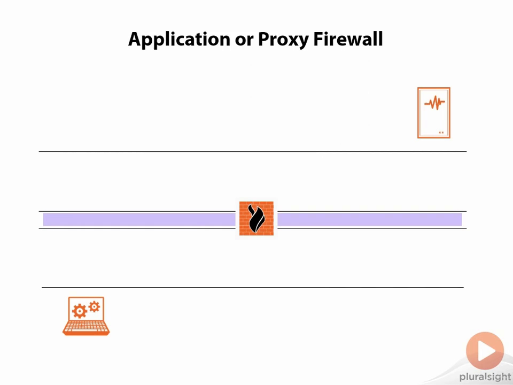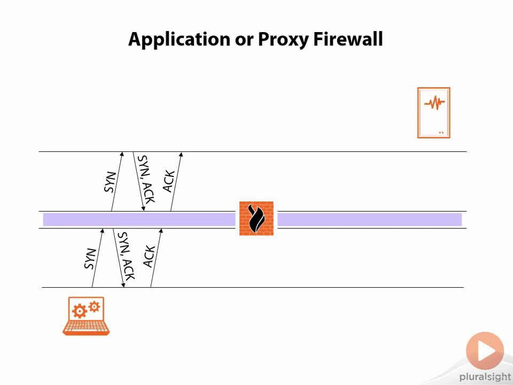Application firewalls are different from both a stateless and stateful firewall in that they don't just route packets from one network to another. An application or proxy firewall presents a separate TCP/IP stack on either side of the device. Packets flowing into the device on one interface are completely unpacked down to the application layer data. The contents, if there are any, are interpreted according to the protocol of the target application and then moved over to the other interface, where the firewall builds a completely new set of headers on the outbound interface